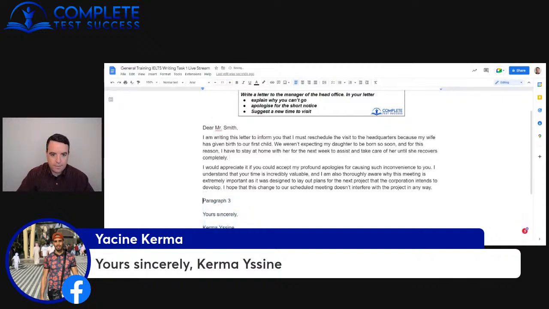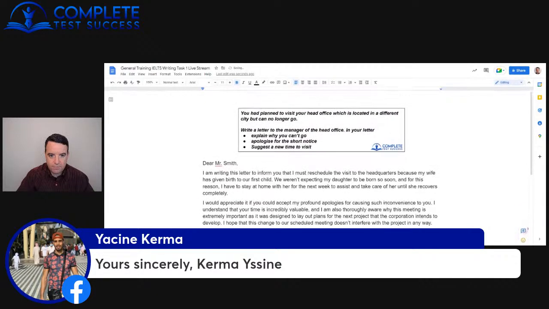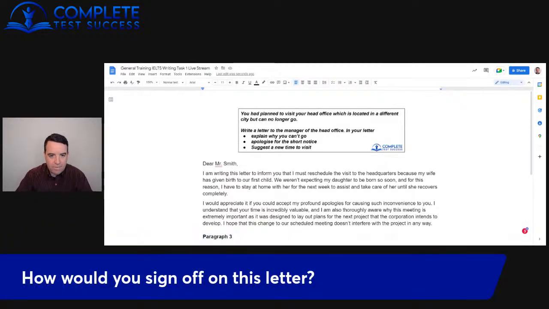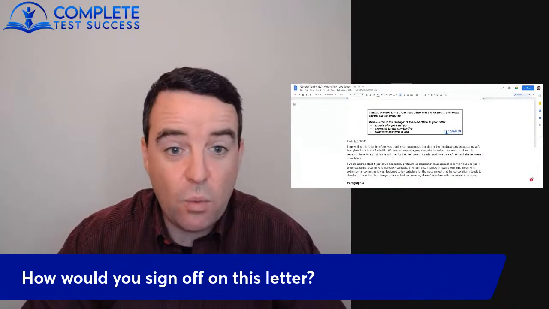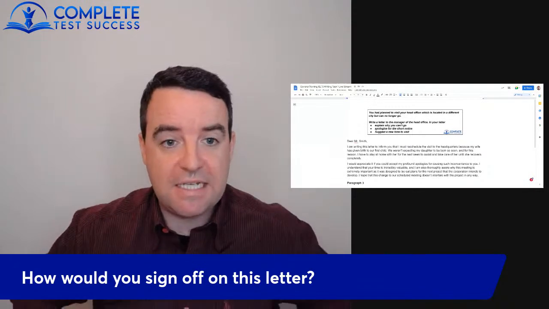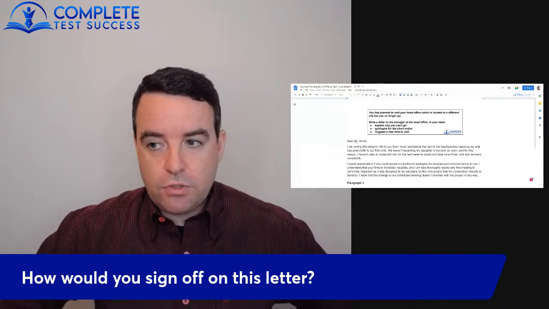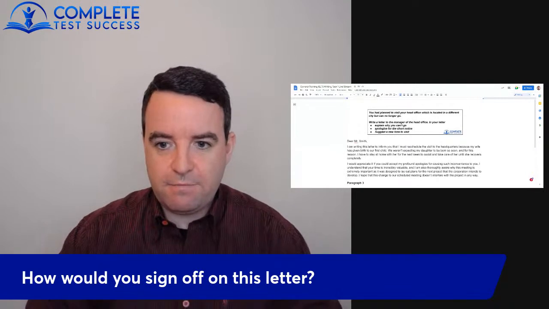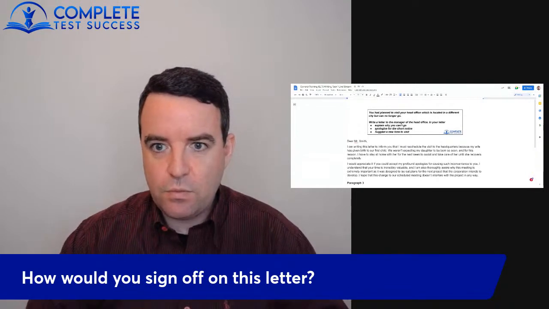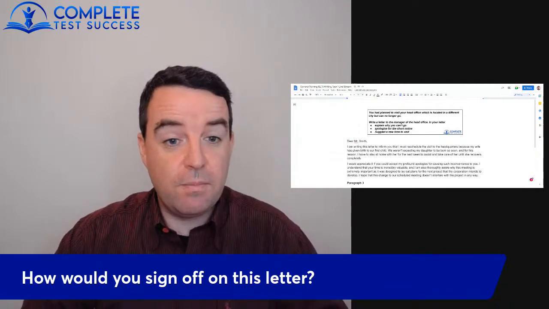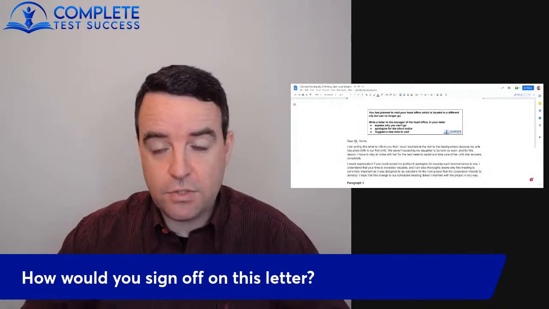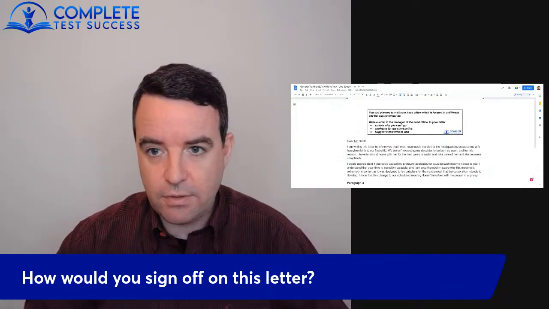Good. We're just missing that paragraph about suggest a new time for a visit. Okay, but all in all, we've definitely seen what it takes to write an essay, a letter. I mean, you've seen all the components. You've seen where you can go wrong. You can see what types of mistakes are typical. So always directly respond to the prompt in the first sentence of each paragraph. When you're developing it, make sure that you remember what the prompt is. Don't talk about your main idea in general. Okay.